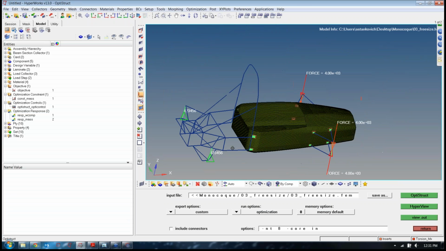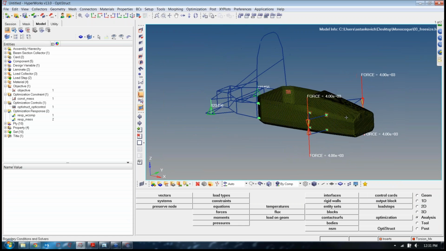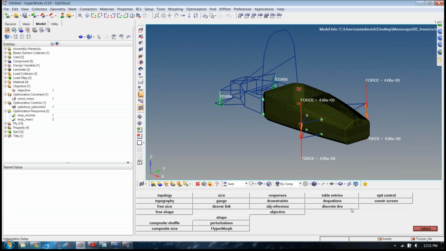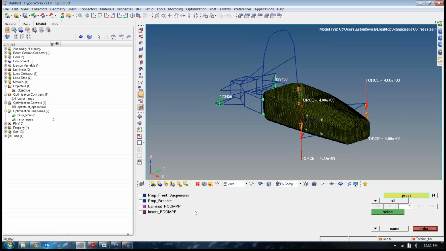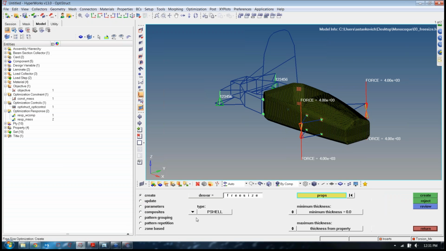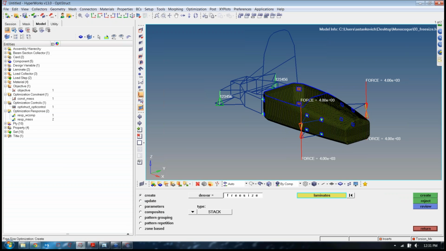The first step of the optimization, like I said earlier, is going to be your free size. In order to set up a free size optimization, we'll go back to our original deck and we'll use this optimization panel to start creating the free size. In order to create our design variable, we'll just click on free size, put in a name, select the property that we want to. So we'll actually select stack and then select the stack that we want to optimize. In this case, we're going to do the CFK Roca stack and click select, and then you just click